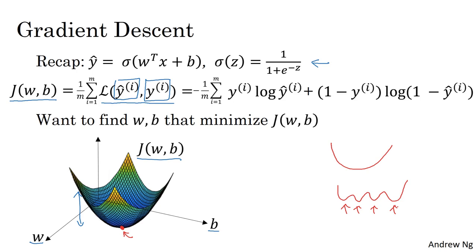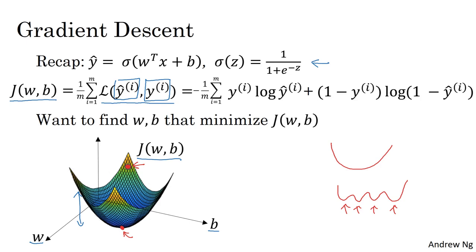So to find a good value for the parameters, what we'll do is initialize W and B to some initial value, maybe denoted by that little red dot. And for logistic regression, almost any initialization method works. Usually you initialize the values to 0. Random initialization also works, but people don't usually do that for logistic regression. But because this function is convex, no matter where you initialize, you should get to the same point or roughly the same point. And what gradient descent does is it starts at that initial point and then takes a step